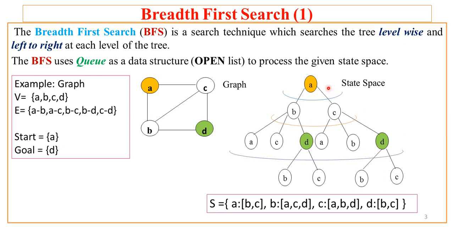And again, the diagrammatic representation of this state space is given to the algorithm in the form of some data structure. Here a dictionary is the data structure, which is a key value pair. So A is the key, which is the node, and the values are B and C. These B and C are nothing but the children of A or immediate successors of A. This way we have all the nodes like A, B, C and D, and for each of the nodes the list of their immediate successors is maintained. For example, B has immediate successors ACD, C has immediate successors ABD, and D has immediate successors B and C.